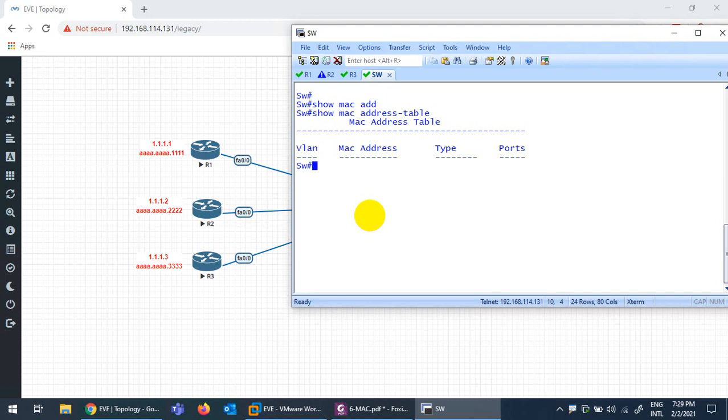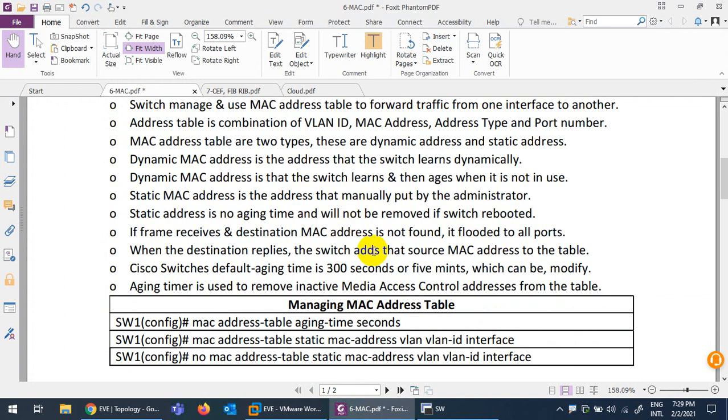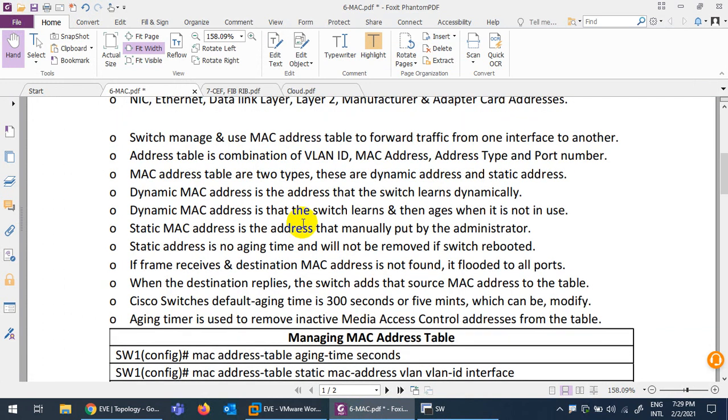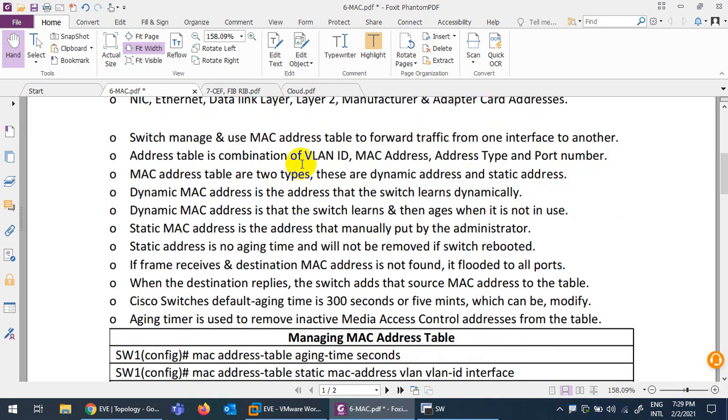We know the switch is using MAC addresses, and it keeps a record of MAC addresses in the MAC address table. This MAC address table we call the CAM table as well, content addressable memory.